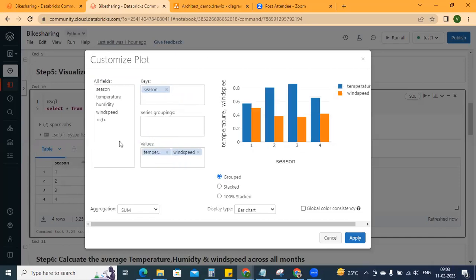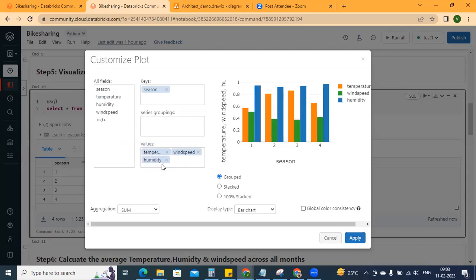So I am pulling temperature, wind speed, and humidity. These are the climatic conditions I'm interested in, and I am trying to check this across the seasons. So I'm putting my x-axis as season and y-axis as temperature, wind speed, and humidity. I'm taking the maximum for each across the season.